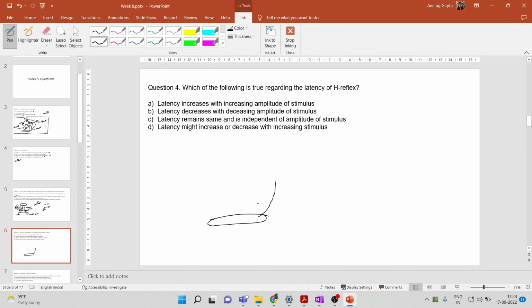You have 1A afferents from the muscle spindle. And these synapse with the alpha motor neurons and cause excitation in the same muscle. Okay,